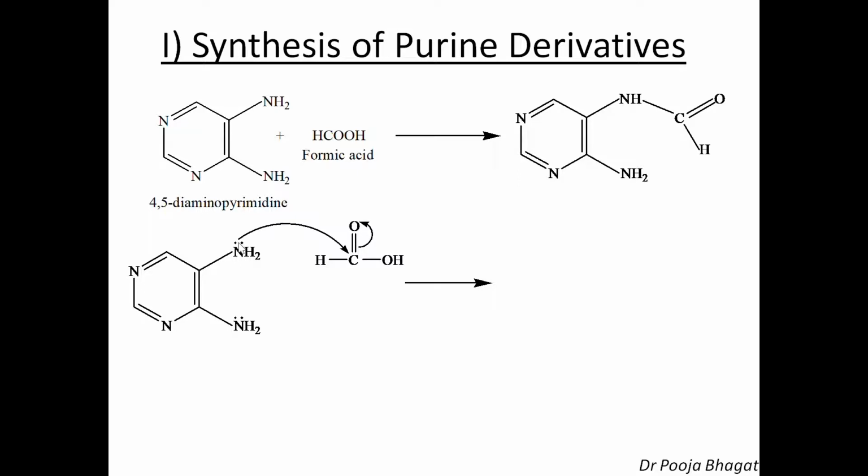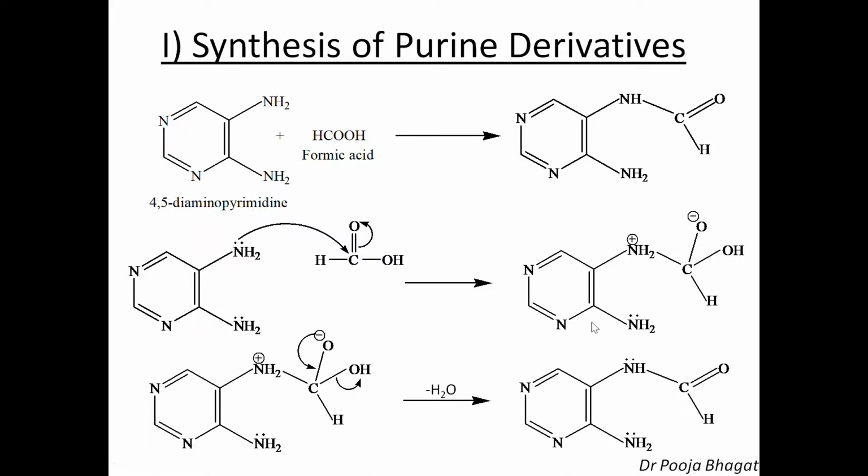As you can see here, the lone pair of electrons on nitrogen will attack the carbonyl carbon and the pi electrons will shift towards the oxygen. Since nitrogen is neutral and is giving its electrons, it will attain a positive charge. There is a single bond between the nitrogen and carbon, with O having the negative charge, and OH and H. So you'll get this. And then this O negative comes back and the OH goes out as OH negative. This nitrogen is having a positive charge, so it will lose a proton to become neutral. So H positive and OH negative will give a water molecule and this becomes neutral. So see.